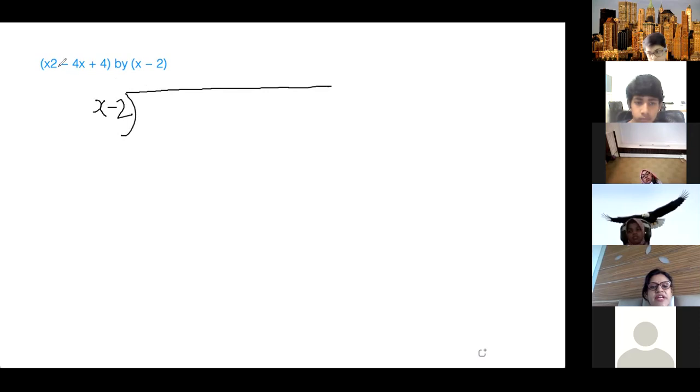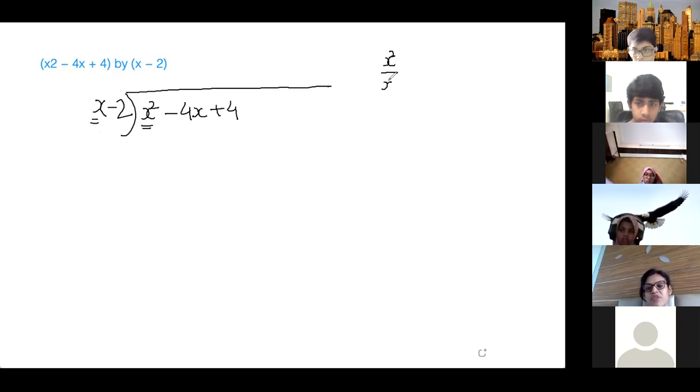write in descending order. This is not x2, this is x square. It became x2 while copying. x square minus 4x plus 4. Because this is a quadratic equation, you can factorize and do it that way also. But if it is a cubic equation or a fourth power equation, then you have to do it like this, descending order. Then what we do, divide the first term by this. Rough work, we used to divide. Remember this method? This method is very important.